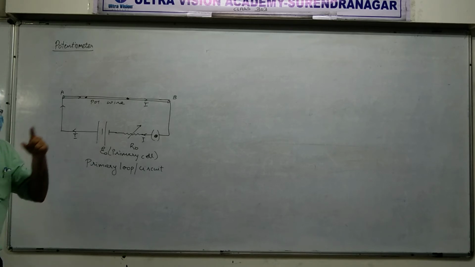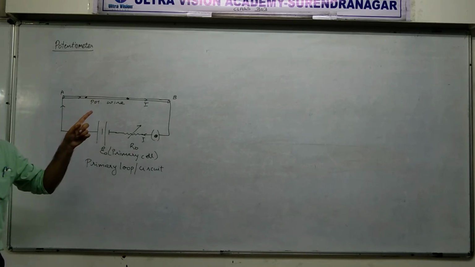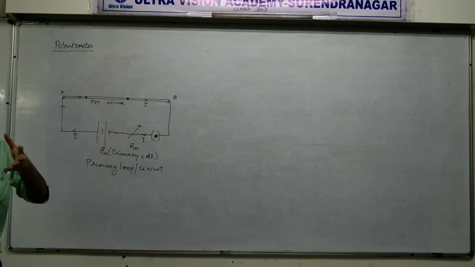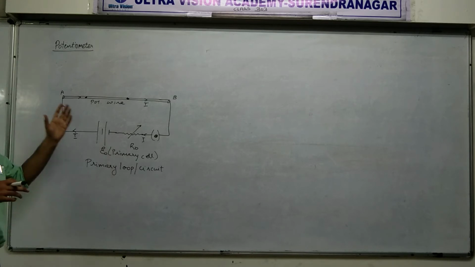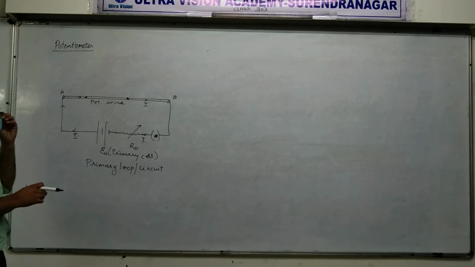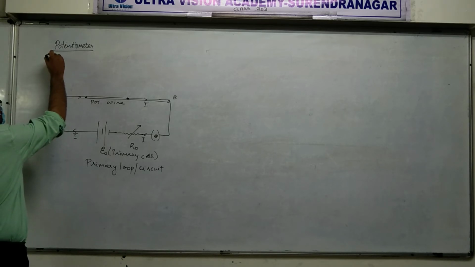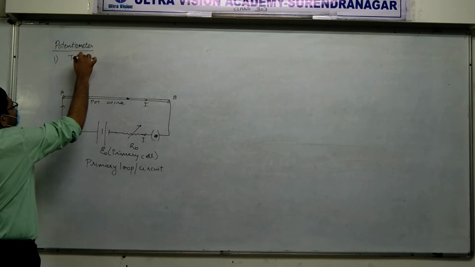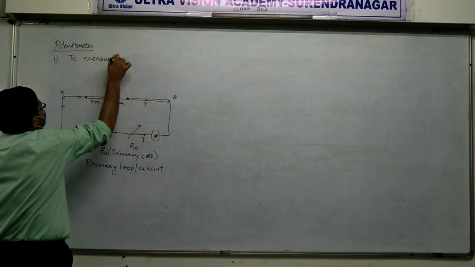They are not wrong. What I am going to draw is also not wrong. But the way it has been given in the book is practical, that is, practically when you want to do it, you have to follow that. But right now we just want to discuss the idea. Very easy. Draw simple diagrams. The first use of potentiometer, number 1, is to measure or compare